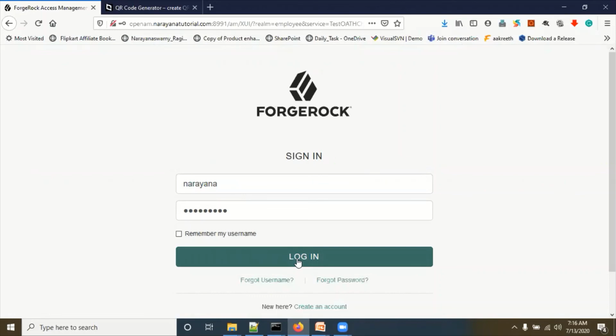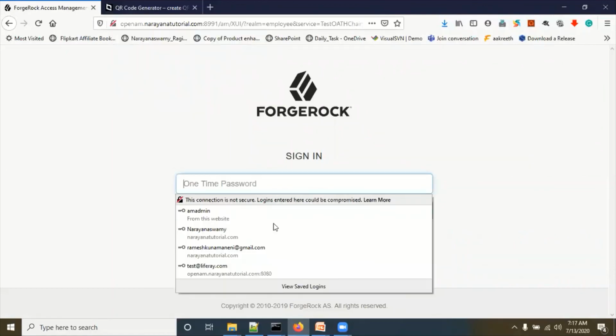Because OpenAM, Python and Google Authenticator, the three components, are generating the same TOTPs using the same algorithms, we can use that TOTP, entering it in OpenAM. OpenAM also internally stores that TOTP and will validate whether the entered TOTP is correct or not. Click on login. Now the TOTP is generated.